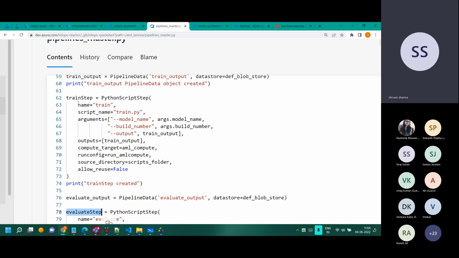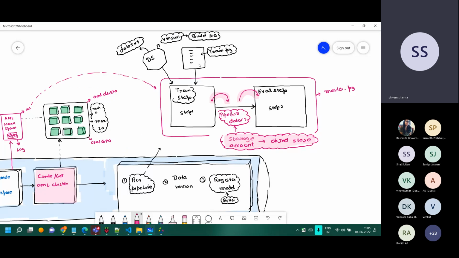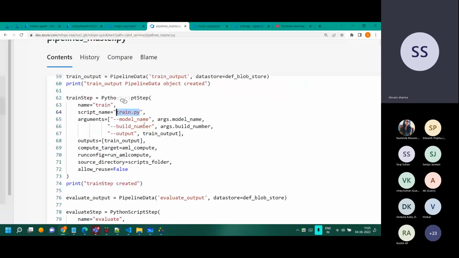Obviously, you can have more than that. You can have complicated stuff, but this I'm showing you for when you have to customize your code, when you will use this template to run your own MLOps pipeline, where you have to make the changes. So this is the train.py. We'll go and see what this train.py is, but this is the deep learning training code which we have over here, and the model number, build number, and the output location.